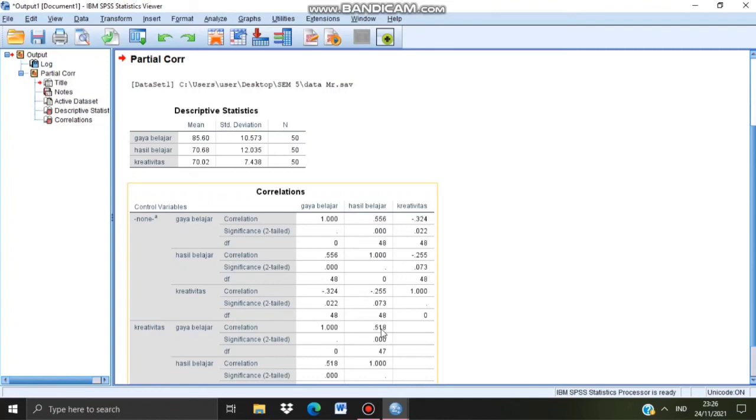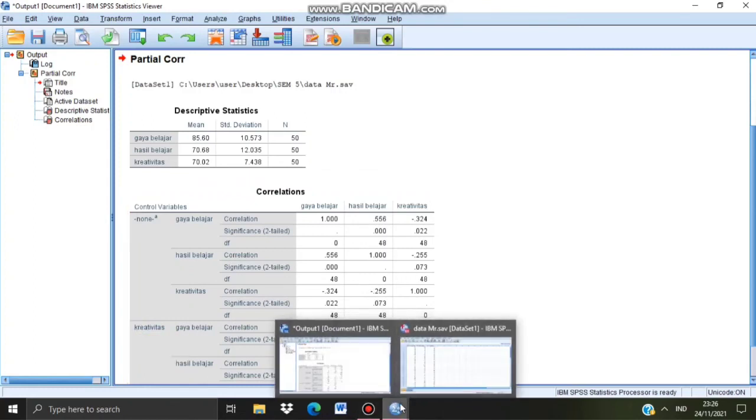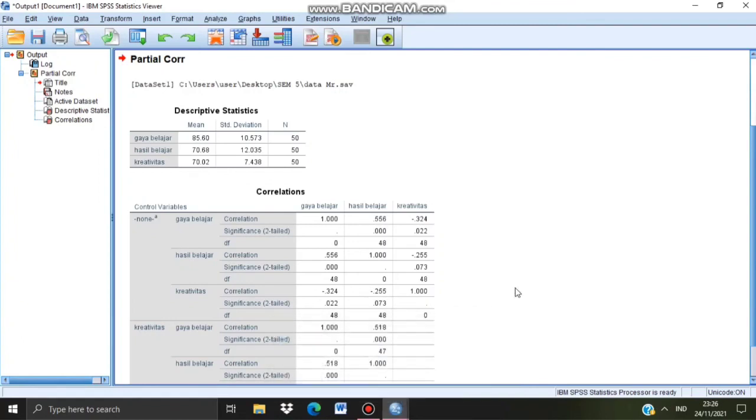So it can be concluded that there is positive and significant relationship between gaya belajar and hasil belajar with kreativitas belajar as control variable. So I think it's enough about several steps for doing partial correlation by using SPSS.